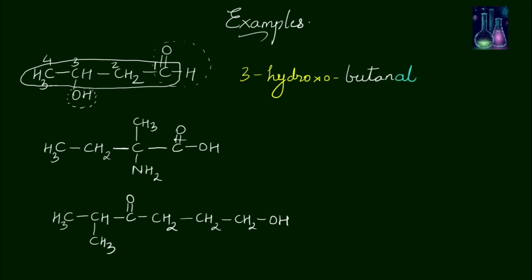Second example, this is your longest carbon chain. This is your first carbon, second, third, fourth. This becomes your substituent, a methyl group and an amino group. Now alphabetically, 2 amino